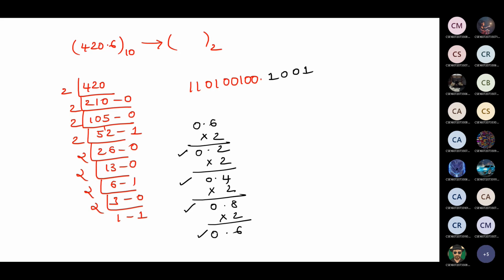Do you want me to solve once again or else should I end it here only? Stop. Here 0.6 is there, again here 0.6 is there. Again if you solve, you'll get the same answer as 1001 only, which is recursive. So better you can stop here itself. So this is your binary equivalent.